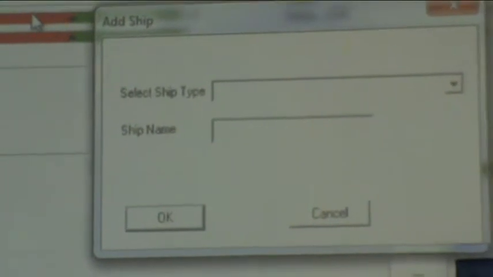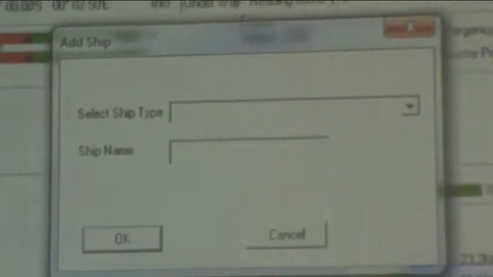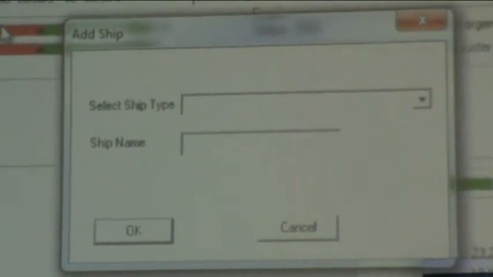This is to add ships. Because suppose you are creating an exercise right now, we are creating in Singapore, and in Singapore, as you all must be sailing also, we have plenty of ships. So then we can place the ships wherever we want. You can go on adding because this is more extensive.